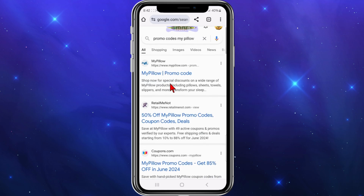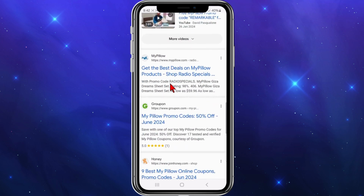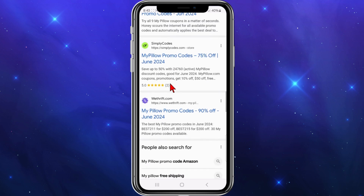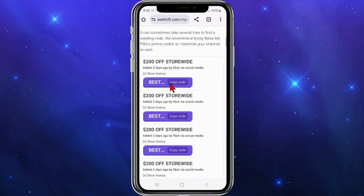So you got the big third-party websites here like RealTimeMeNot, Coupons.com, Coupon Follow, Groupon, Join Honey, Simply Codes, We Thrift It. So you can go to any of these websites to check out their codes inside there because they've got more. So if we click on We Thrift It for a demonstration, you can see there's all these different promo